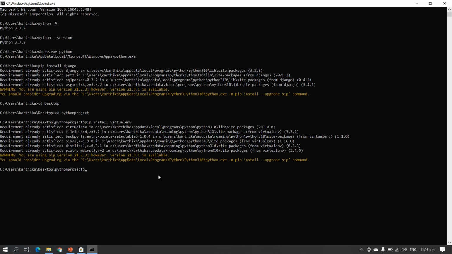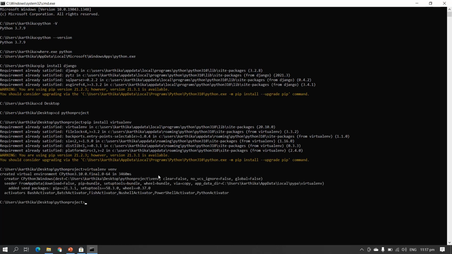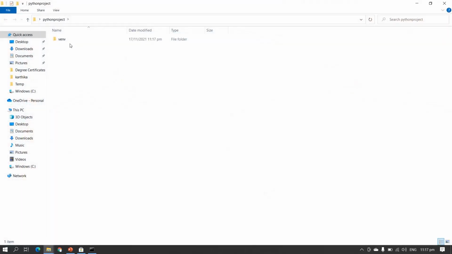Now I create a virtual environment using virtualenv. We can give the environment any name, for example env, project1, project2, etc. Here I have created the virtual environment for this Python project.